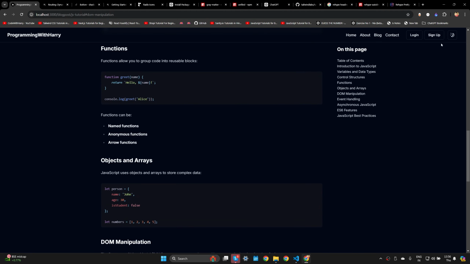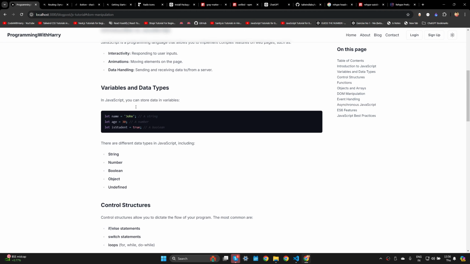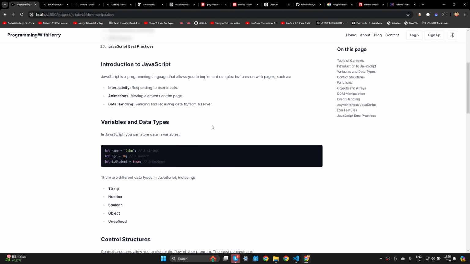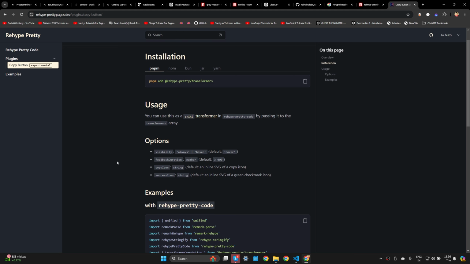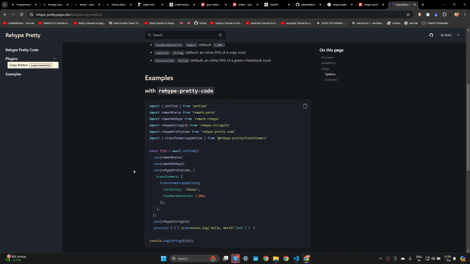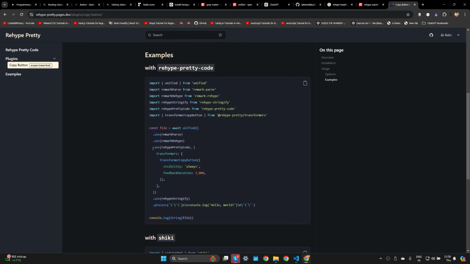But again, this is looking pretty clean, pretty good. And we'll now add the copy button, and after that we'll move to other stuff. So in order to add the copy button, you simply have to go to this copy button part, and I think all you need to do is copy this part of the code, copy button, yeah,